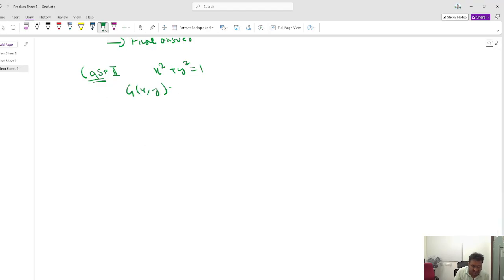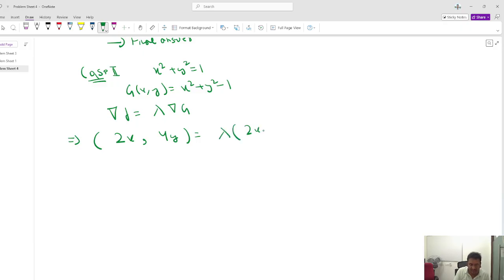So g(x,y) is x square plus y square minus 1. Subject to this, you have to find the extreme values. So now you know gradient of f should be lambda times gradient of g. So what is f_x, guys? We have figured it out, right? Let me do it again. 2x and this is 4y. And lambda times this is 2x, 2y. Well, if you compare the coefficients, you will get lambda equal to 1 from the